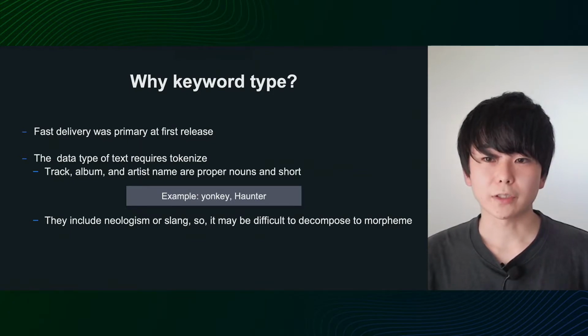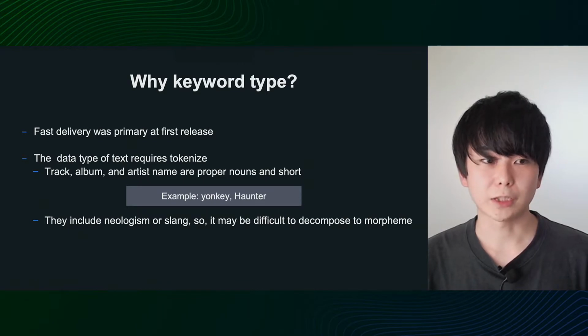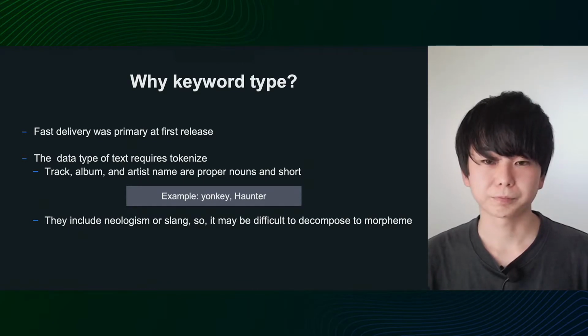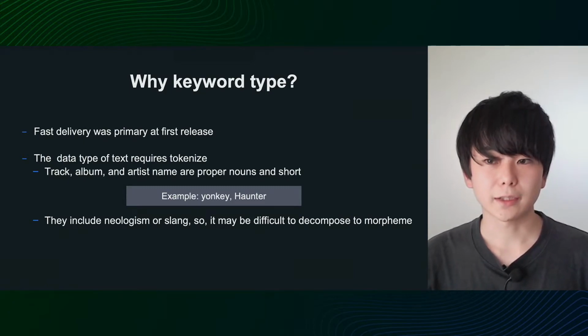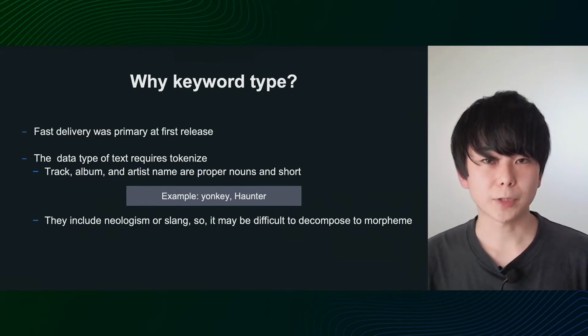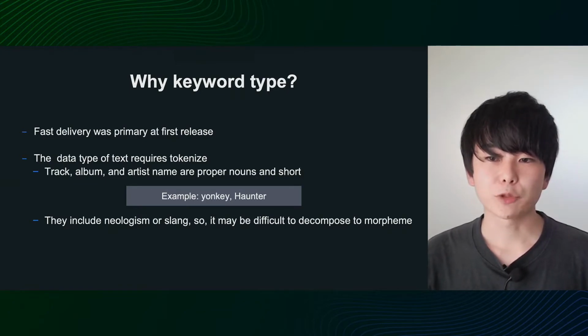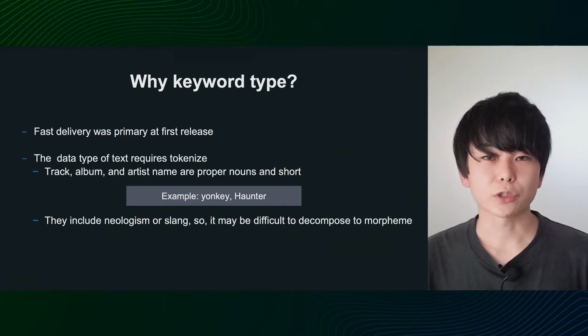The reason why we were using the keyword type is that the initial release of this feature was prioritized for delivery in order to release it quickly. In contrast to the keyword type, the data type called text is often used as a data type to enable fast search in Elasticsearch. However, the use of text type requires tokenization to split the string into certain pieces, and